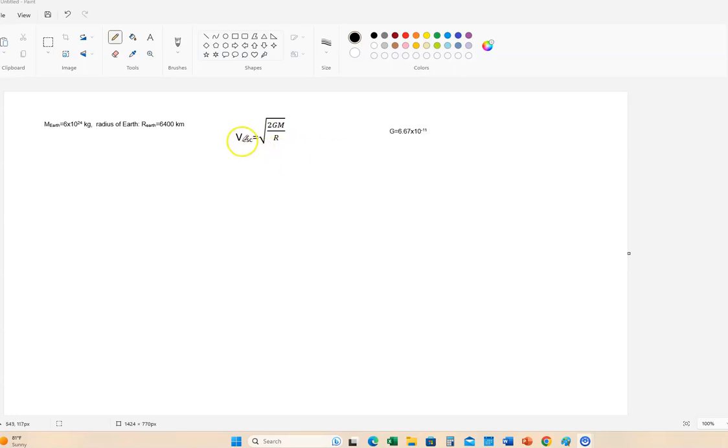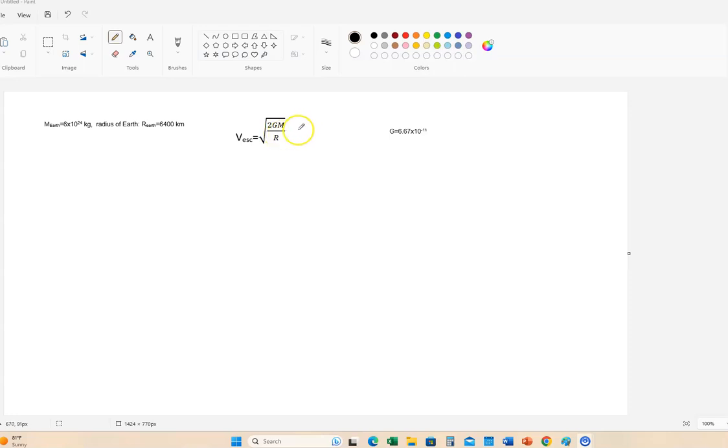All right, so we have the velocity, the escape velocity, which is going to be in meters per second, is equal to the square root of 2 times big G times M divided by r. M is the mass of the object you're trying to escape, and r is really the distance that you are from the center of that object. Okay, so